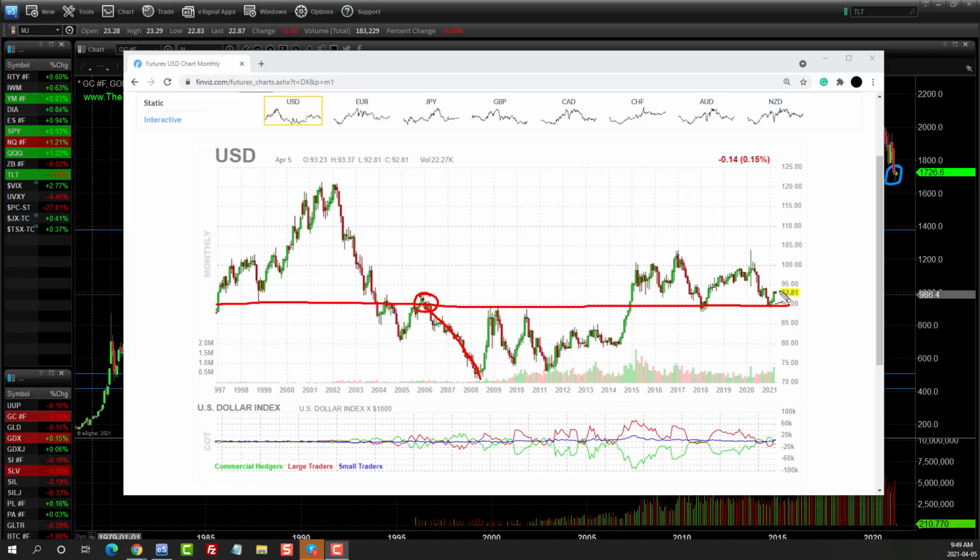We are kind of back to this very critical pivot level in the US dollar. Now, if the dollar starts to break down here and goes below 90, it could very easily unwind down to 80, 75, potentially even 70, and that would spark the next major run in precious metals. Until it does that, I think the metals are still going to continue to chop around and struggle,